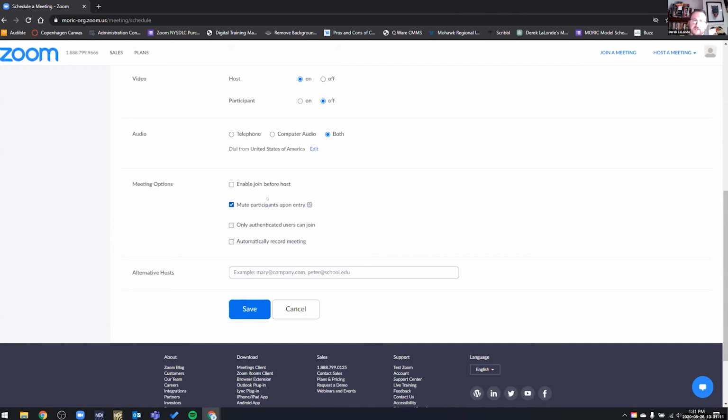So that way we won't get into the situation where 25 people join, they don't realize their mic's on, and there's all sorts of feedback coming through. I can automatically mute them and have that set up. Only authenticated users can join, so that basically means only people with a district email address that have a Zoom account can join. And then I also have right here automatically record the meeting, and it does give us two